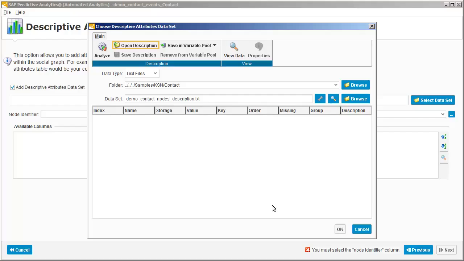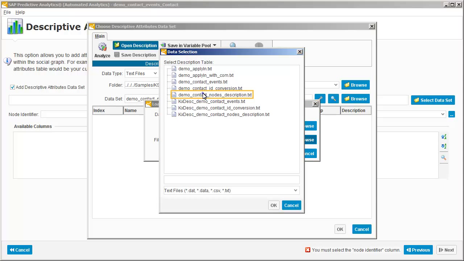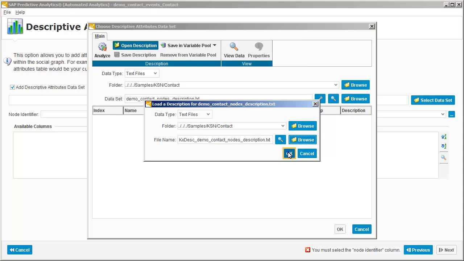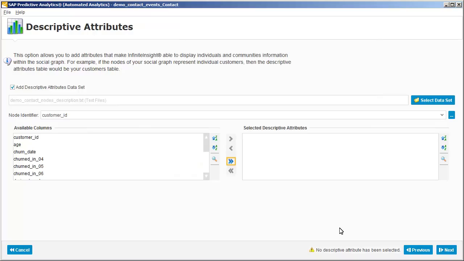Next, we'll open the description file for the descriptive attributes dataset. Here we can see all of the additional descriptive details that are available to add to our analysis. Now we'll add all of the available columns as descriptive attributes for our analysis.